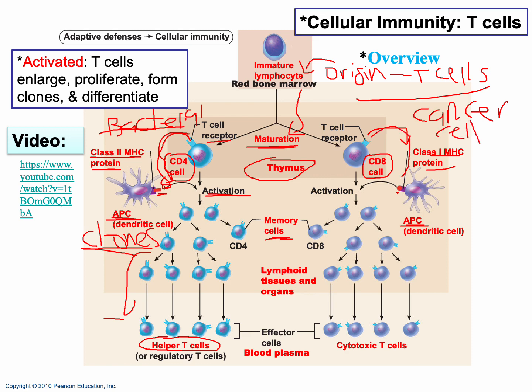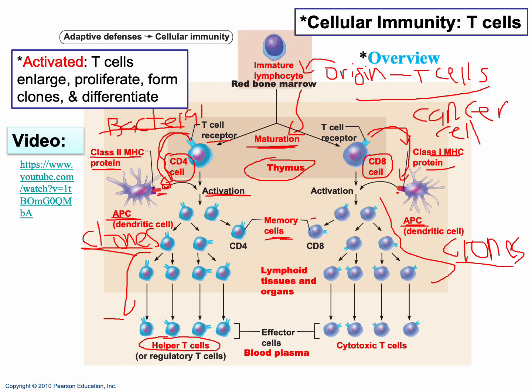Based off of this interaction, again, the T cell receptor of the CD8 cell will dock on to the class 1 MHC protein, which contains the fragment piece of the cancer cell. Based off the interaction, you'll have activation, and the T cell, then the CD8 cell, will realize, oh yes, we need to kill cancer, and lots of clones. These are all clones right here. Again, you got a large army of clones which are going to be